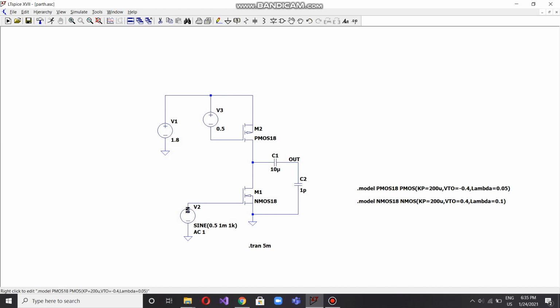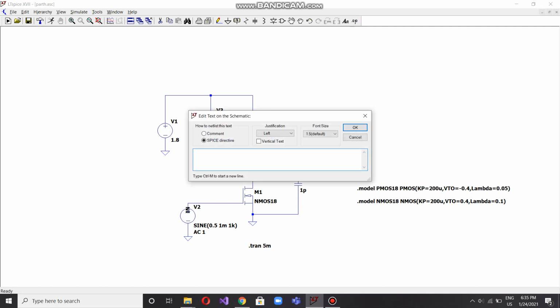Similarly, we can give the Kp value, the threshold voltage and lambda value for our NMOS and PMOS using this command. We simply need to go to this .op file and copy this entire statement here. That way we can fix the different constant values for our MOSFET.